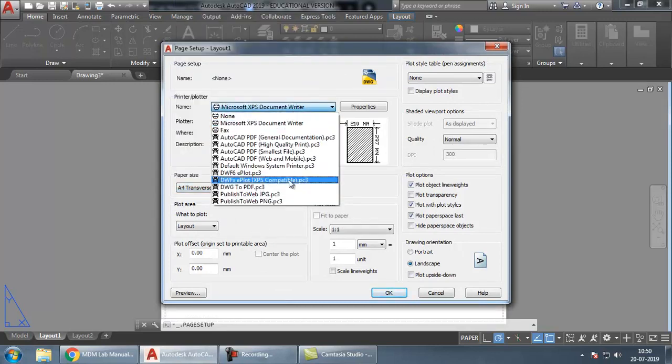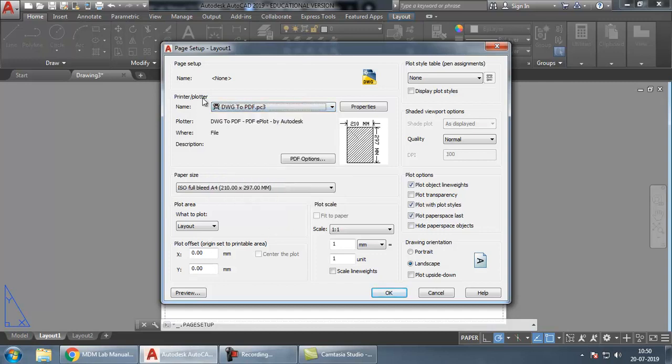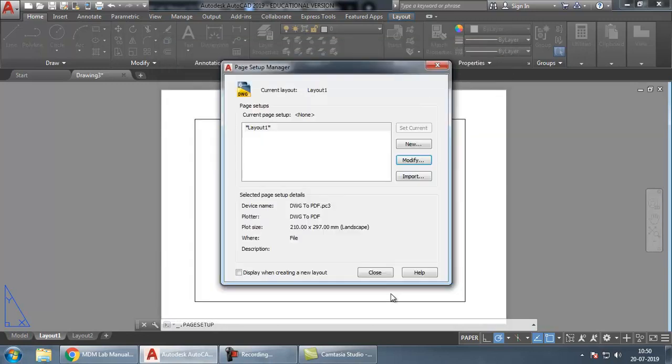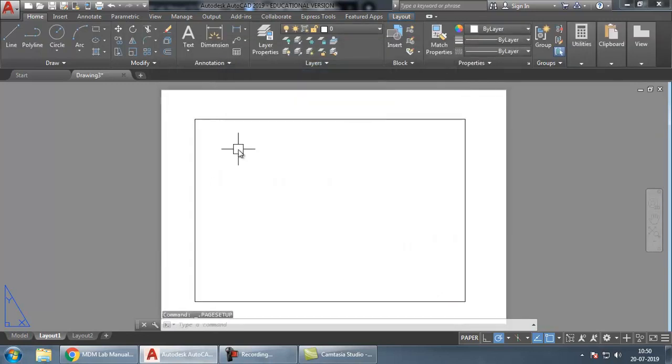Here if you want, you can go for the PDF, because a printer may not be attached to each and every computer. You can just save it as a PDF. You can export it or mail it, and then using any computer which has a PDF reader, you can take a printout of that. So choose PDF, size take it as A4, which is already selected. Choose landscape. If you want portrait, the height will be more. You can choose portrait or landscape. I'll just keep it as landscape and close.